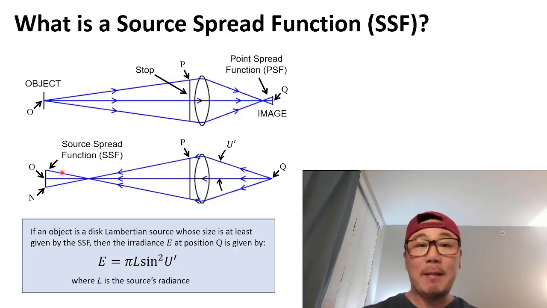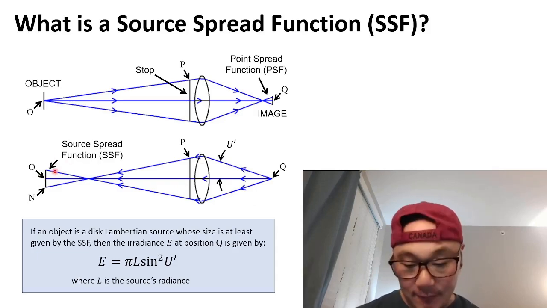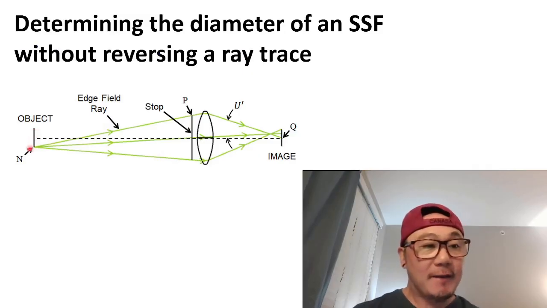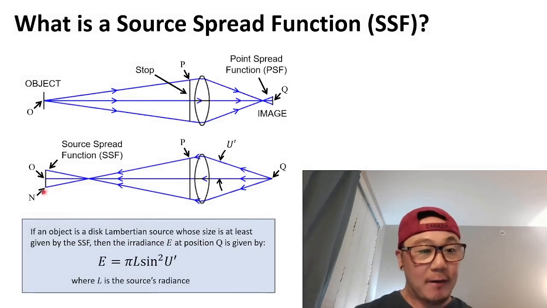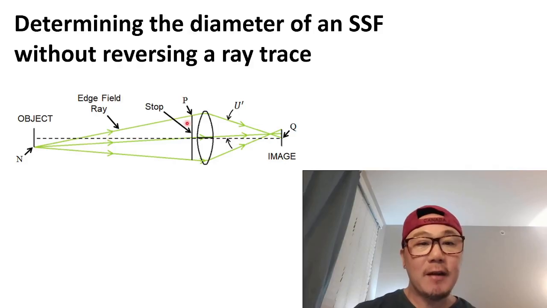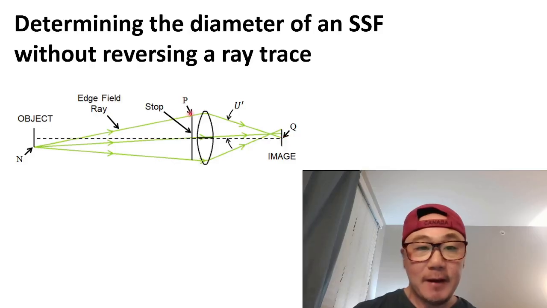All right, so before we go to another application of the source spread function, let's talk about whether or not you must always do a reverse ray trace to determine the size of the source spread function, right? Actually, you don't really have to. Here we have the object again, the same object, and the same point N, which is the N right here. If you can find the field position in which all the rays trace like this, and find the edge field ray that nicely passes through the rim of the stop and comes down and intersects Q right here, right? You follow this ray,